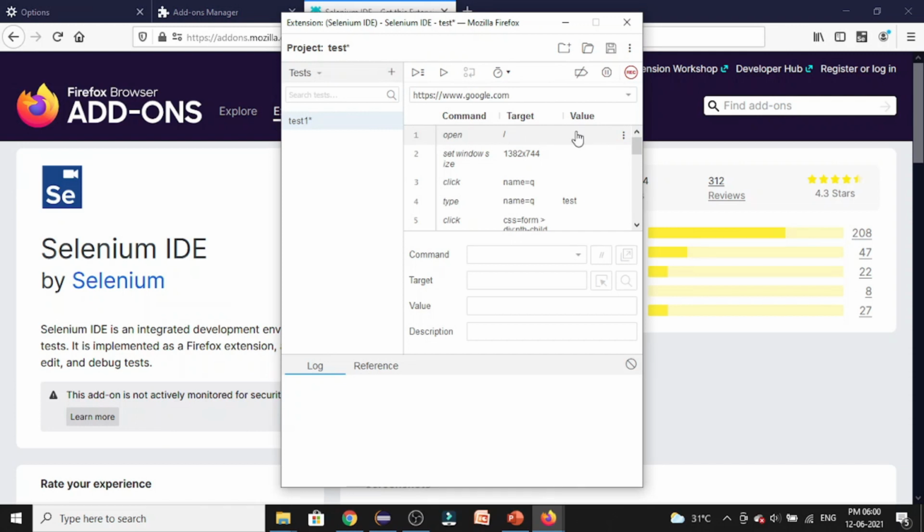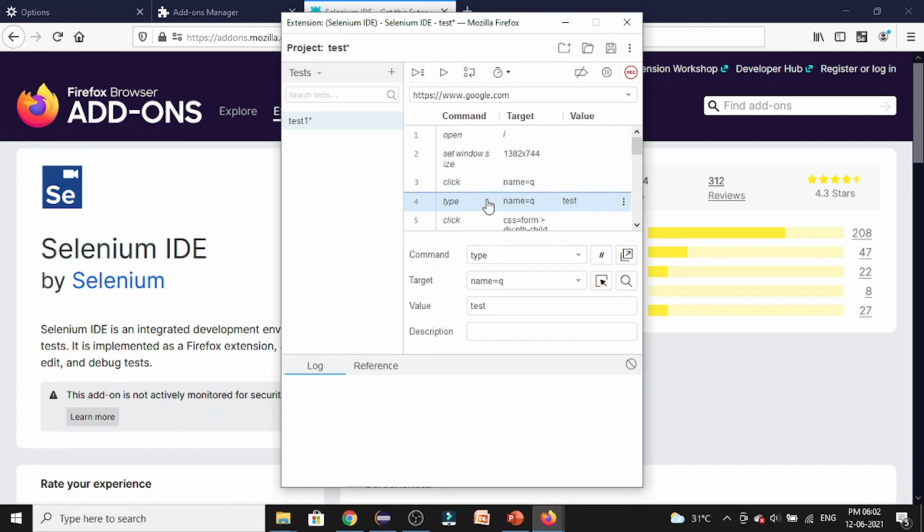When you enter any test data, like when you enter any input to the browser, that will be stored under this value. So you can see here whatever action we have performed got stored in this format of command, target and value. The command gives you the action which you have performed, the target gives you on which you have performed it, and value gives you the value which you have given to that action.